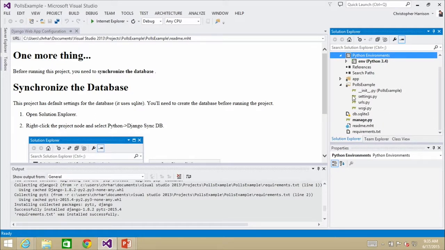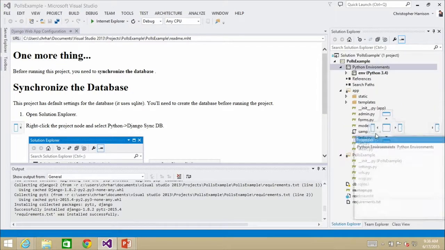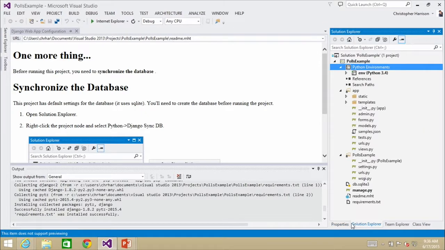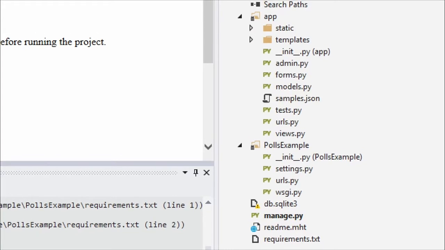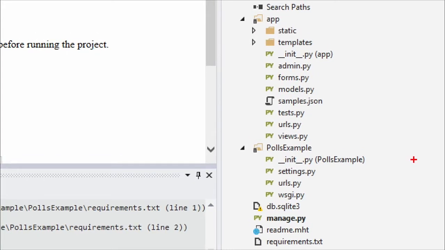Okay. Let's go ahead and take a look at a couple of different moving parts that we've got here. I'm just going to rearrange my windows to make this a little bit more readable, and let's zoom on in. Yeah, it's a lot of files you've gotten up there when you create that. It's an example of how Django does a lot for you, but at first glance, it can be a little intimidating. Exactly. There's an awful lot here.